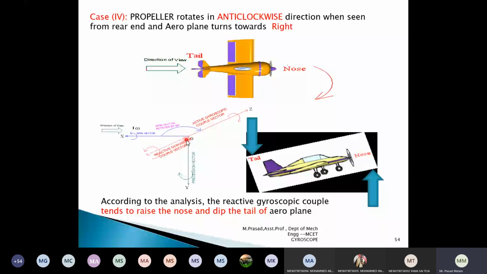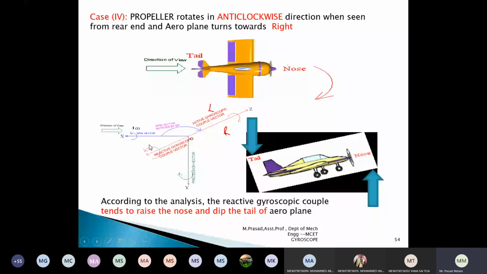Now where we are getting the reactive couple? Exactly. Extend the active couple line downwards. This is the portion where we are getting the reactive couple. Again, consider with the help of the left side and right side. You can tell me how it is moving. If this is my left hand side portion and this is my right side portion, how is the active couple moving? Active couple is moving from left hand to the right hand. How is the reactive couple moving? It is moving from right side to the left side.